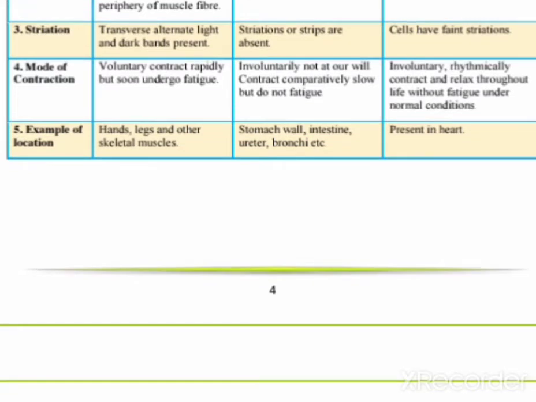If we discuss the unstriated muscle, in this case the cells are long also, with tapering ends. That is why its shape is spindle shape, and unbranched also. But you all know that in cardiac muscles branched structures are present. So branches are present only in cardiac muscle, the tapering end is present only in unstriated muscle, and the long cylindrical shape only in striated muscle. So this is the first point, based on the shape of the cell.